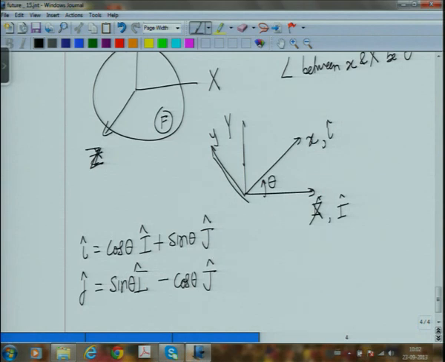Now to get the physical meaning of omega, I will use the definition of omega. So let us use the definition of omega. Omega is equal to